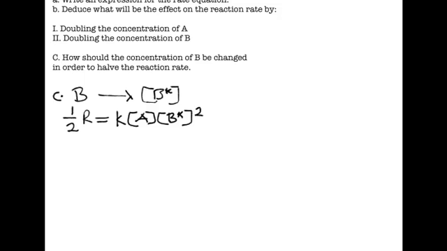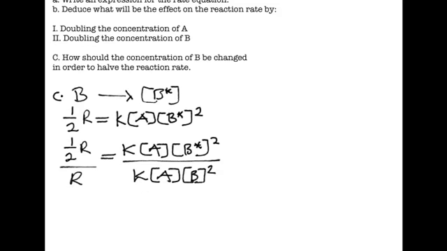So this is what it will look like when we divide it by 2. So what do we do? Let's divide this by our initial rate. So let's say 1 out of 2 R divided by our initial rate, and this is going to be our half rate divided by the initial rate. So let's see what can cancel out. We can cancel the constant. Our A is also going to cancel out, as well as the R. So this is going to give us 1 out of 2, which is going to be equal to